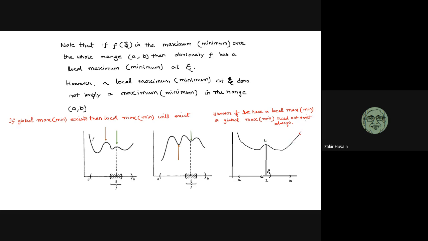I'm just going up like this, on and on. I'm just going up on this, on and on. As I reduce my value of X, the value of F is going up. Here, if I increase the value of X, the value of F is going up. So I cannot identify a global maximum over here, but within this range, I can identify a local maximum. This is what I'm trying to say over here.